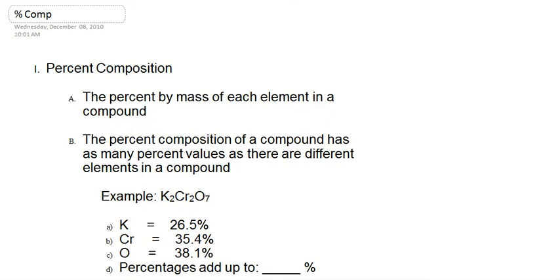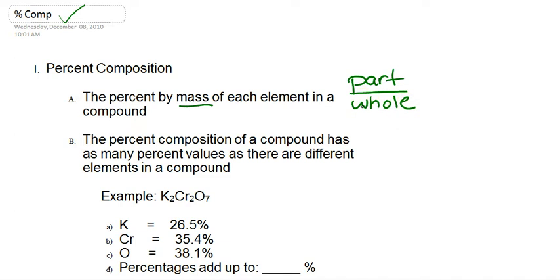Today, very quickly, I'm going to go over percent composition. But the cool people also refer to it as percent comp. What it is, is the percent by mass of each element in a compound. What that means, really, is the part over the whole. So we're going to be looking at each element within a compound and see how often they appear within that